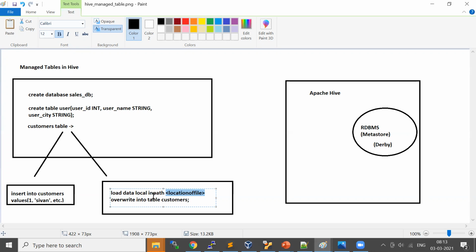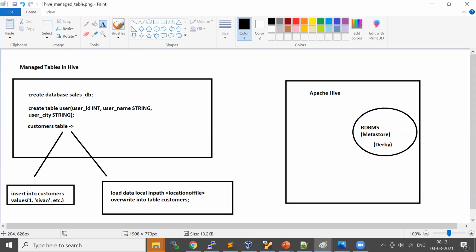There might be a scenario where your file already exists in HDFS, right? So you can load the data into the Hive table using load data inpath. If your file is in HDFS, you don't use the keyword local. You just say inpath and the location of your HDFS file, and into this table.